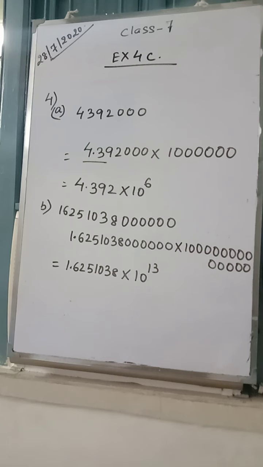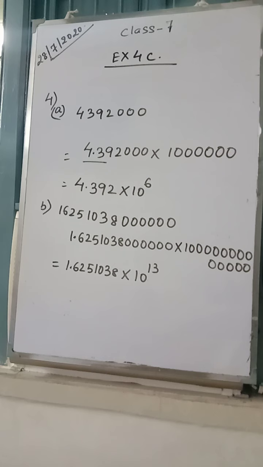So question number 4, you write it in the copy. Question number 5, 6 and 7: 5 and 6 you have to write in scientific form, and 7 you have to write in usual form. So these 3 you will do in the book only. You don't need to write them in the copy. You don't need to make columns and write in the copy. Only you will be writing the scientific notation as well as the usual form in the book itself. So next day we'll solve question number 8, not 5, 6, 7. You write those in the book only.